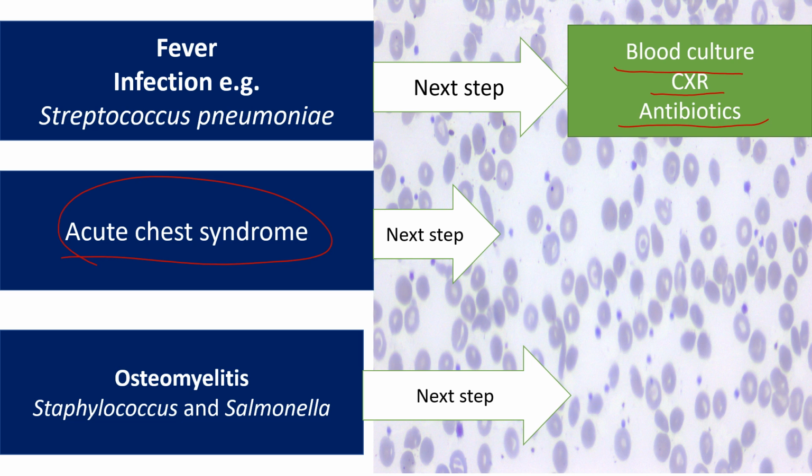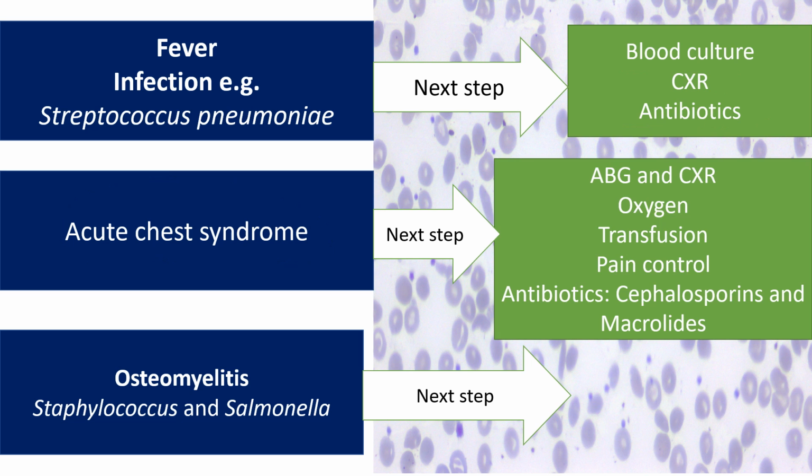Acute chest syndrome is a medical emergency. Next step is immediate admission to the pediatric ICU with ABG, chest x-ray, oxygen, transfusion, pain control, and antibiotics, for example ceftriaxone or cefuroxime, and macrolides. If you have a child with sickle cell anemia and suspected osteomyelitis, the best next step is imaging